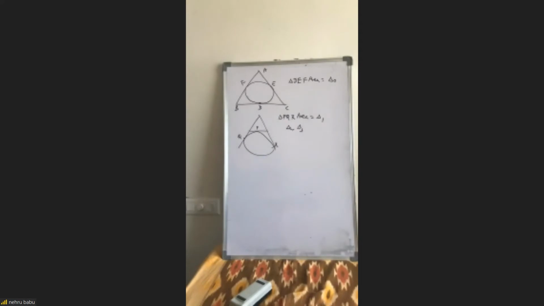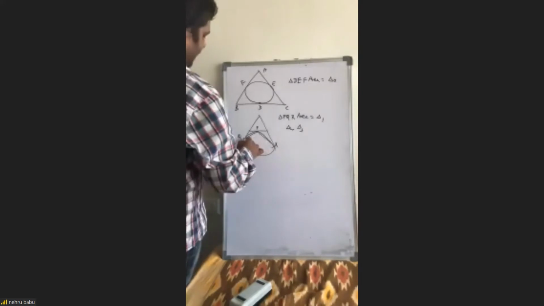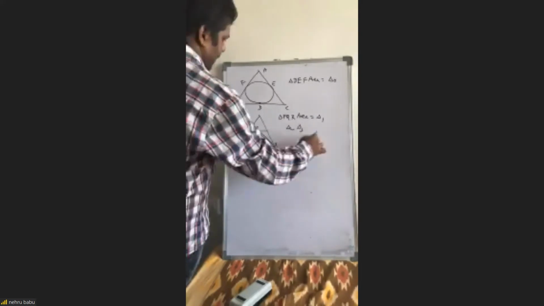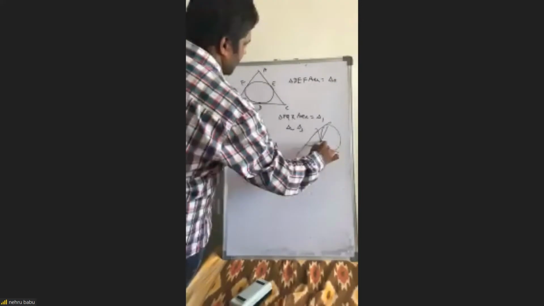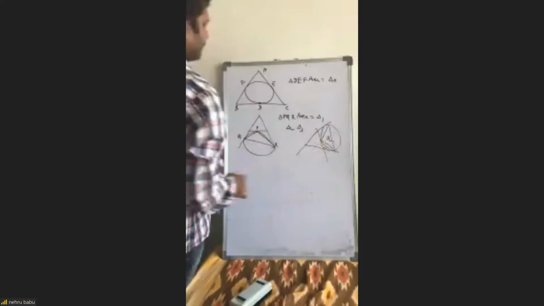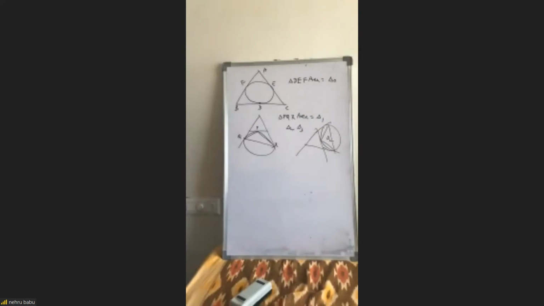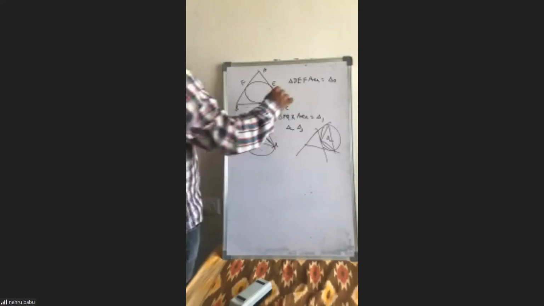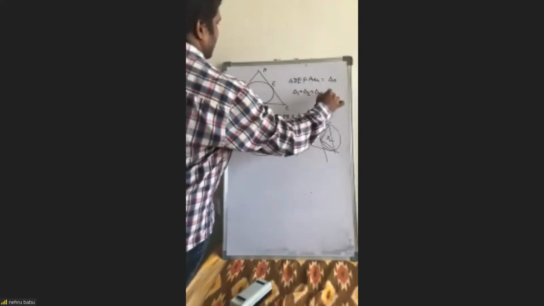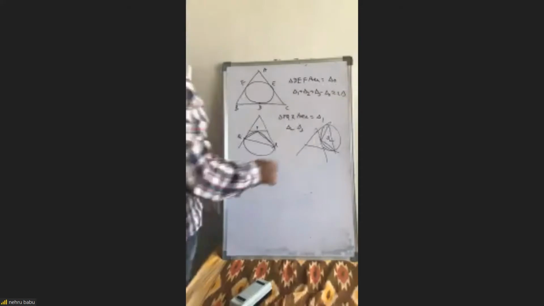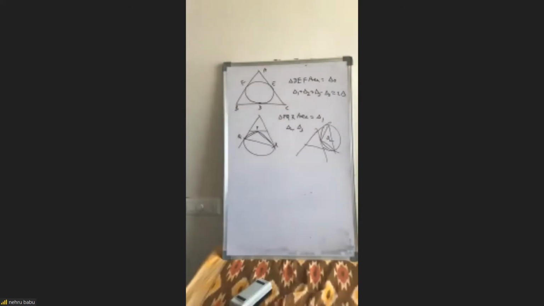Means you get the points of contact of the excircles. Whatever triangles you are getting, that is how you define delta 1 here. In the same way, I am defining delta 2, delta 3 for these. For example, we take it like this. This triangle area is delta 2. Similarly, delta 3. The question is, prove that delta 1 plus delta 2 plus delta 3 minus delta naught equals 2 delta.